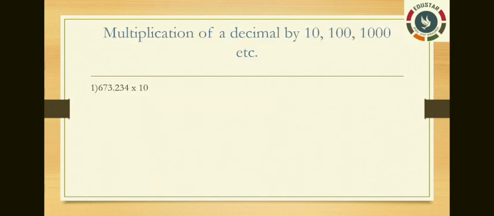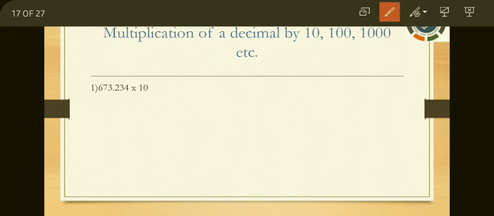First one, multiplication of a decimal by 10, 100, 1000. On multiplying a decimal by 10, 100, 1000, the decimal point is shifted to the right by 1, 2, 3 place values, etc. On multiplying a decimal number by 10, 100, 1000, the decimal point is shifted to the right side. First example,